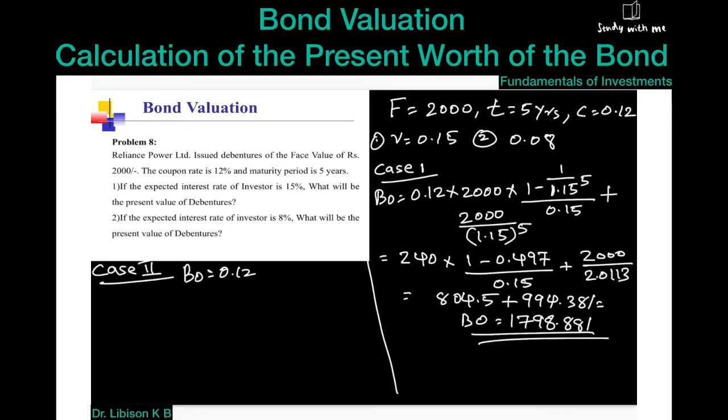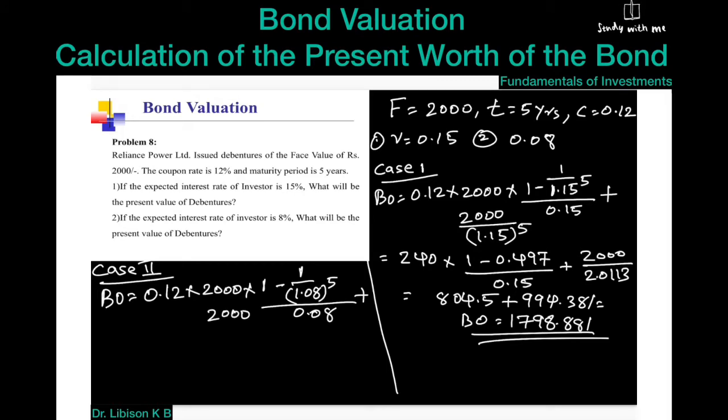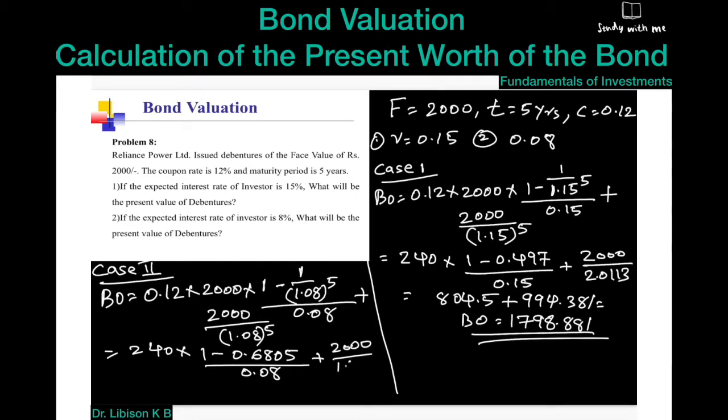B0 is equal to 0.12 multiplied by 2000 multiplied by 1 minus 1 divided by 1.08 raised to 5, all divided by 0.08, plus 2000 divided by 1.08 raised to 5. Again, 240 multiplied by 1 minus 0.6805, all divided by 0.08, plus 2000 divided by 1.4693. So that is equal to